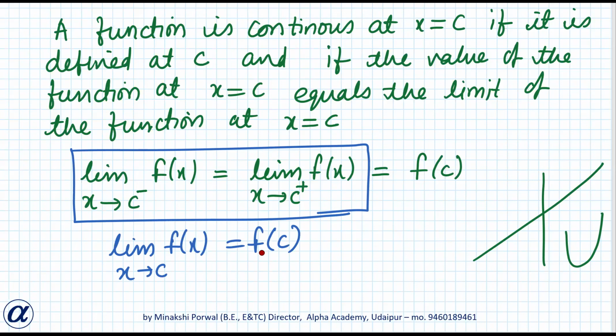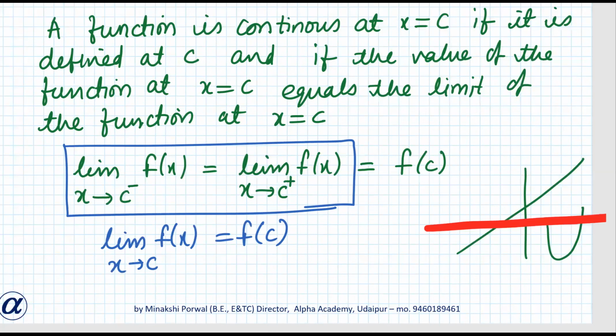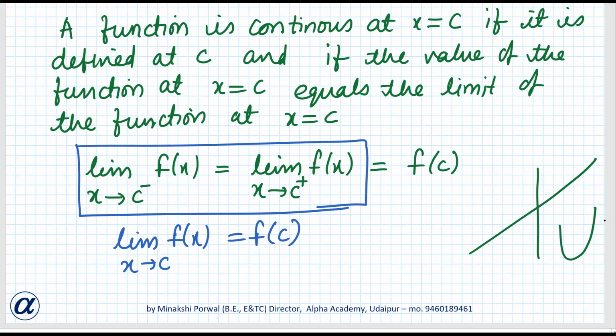What I am saying is, suppose this is our graph, x' and y' axes, and suppose this is c, some point. If we know the graph is linear or a polynomial function, if we approach from this side and this side, its value will be the same, so we don't find left hand limit and right hand limit, we just find the limit at x equals c of f(x). When we do examples, this will be clear.